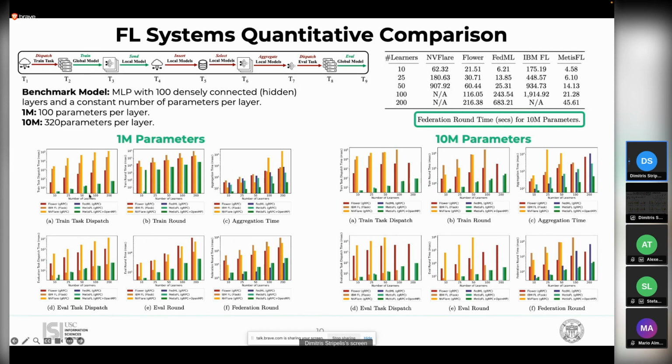we observe that for the different systems, MetisFL is 10 times and 100 times faster, almost across all operations. Nevertheless, the one that had a very consistent behavior in this evaluation was Flower. And we see that as the number of learners on the x-axis, sorry, I didn't explain this, but on the x-axis we show the number of learners, and the y-axis is latency, or wall clock time. The Flower framework is the one that has the most consistent behavior: the latency is linearly increasing with respect to the number of learners,